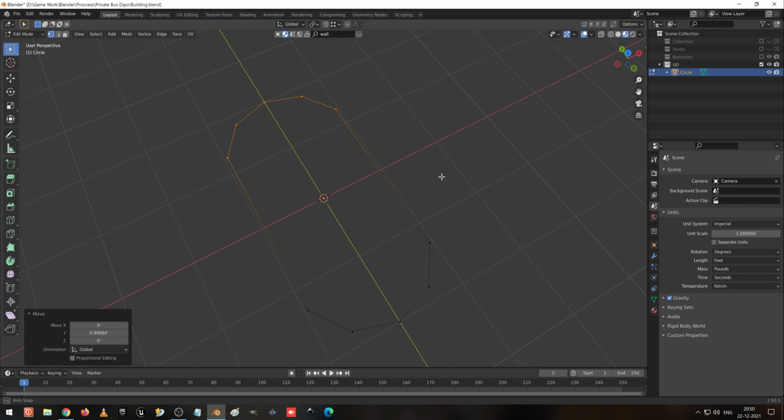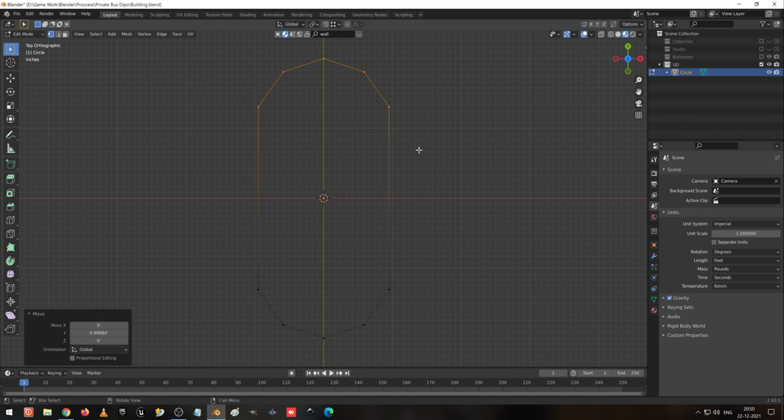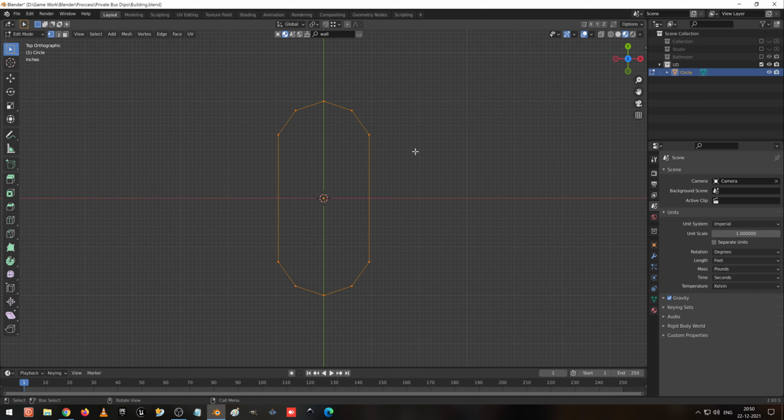Now we have created the shape like this. Using this we are going to model an Indian toilet commode.